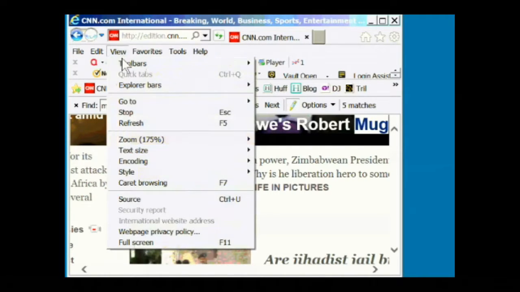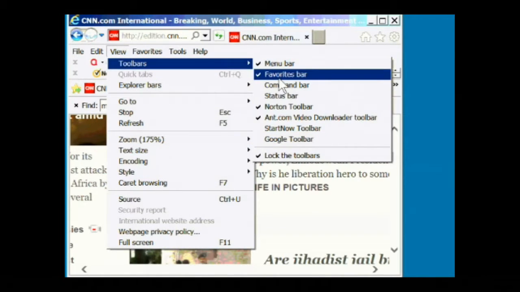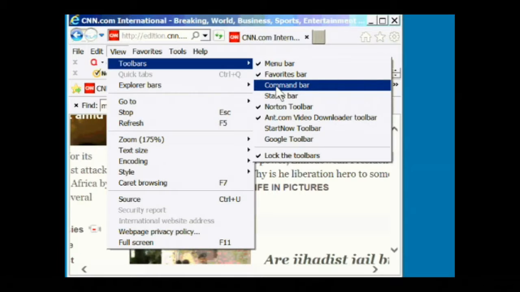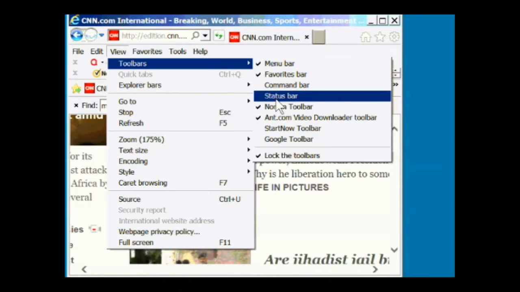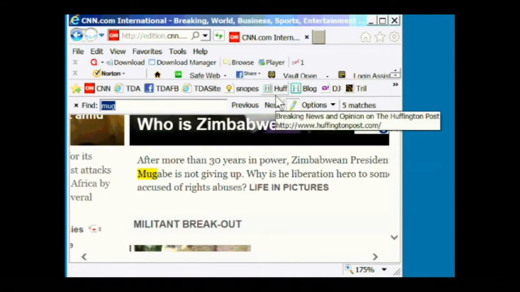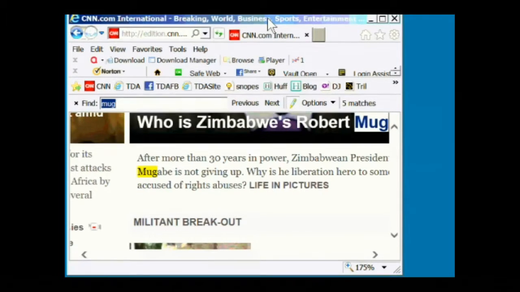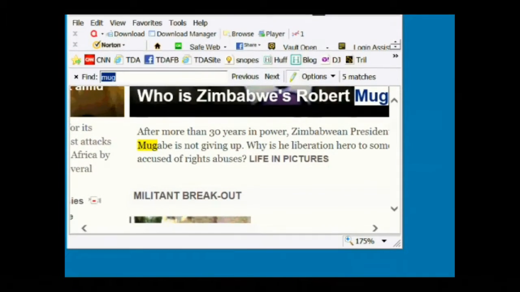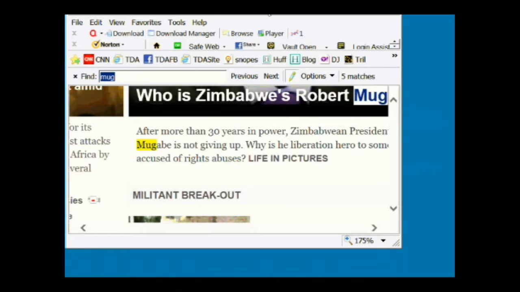That's the favorites bar. Command bar, it's got a few commands on it that I never use from the command bar, so I'm not going to talk about that one. Status bar is not real useful. I'll go ahead and turn it on and show you what it is. Okay, the status bar is at the bottom of the screen. Since I have a pop-up taskbar, I'll have to raise it temporarily so I can show you what this